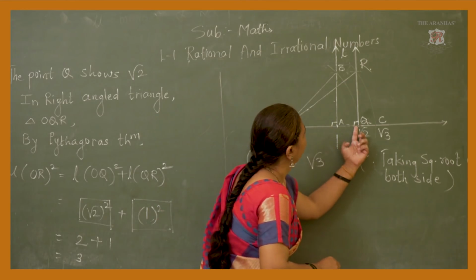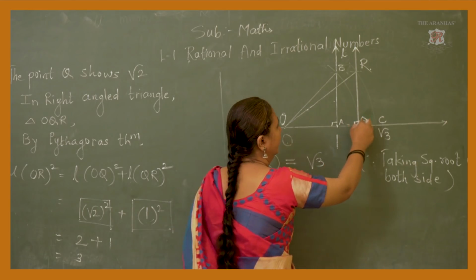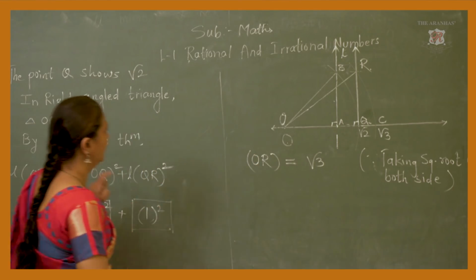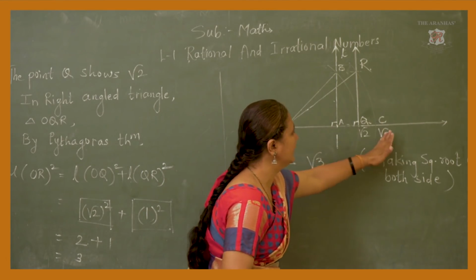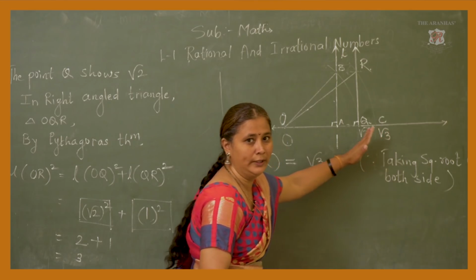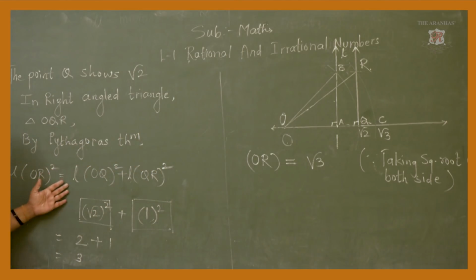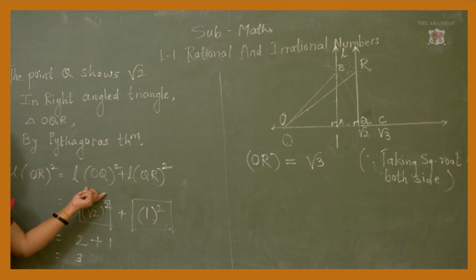So, here the distance of OQ is equal to root 2, then QR is equal to 1 unit. Okay. And using Pythagoras theorem, once you understand how you have to take root 2 on the number line, it is very easy to take root 3. So, using Pythagoras theorem, you have to solve the sum. Take the right angle triangle OQR. Okay. OQ square plus QR square is equal to OR square, because hypotenuse square is equal to base square plus